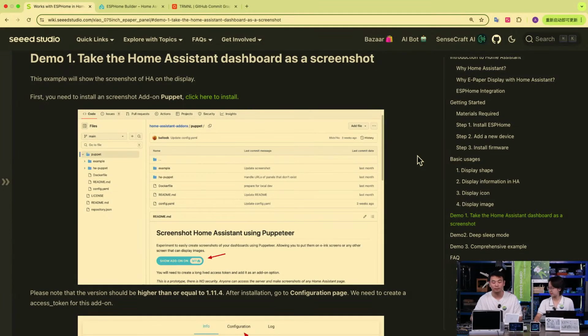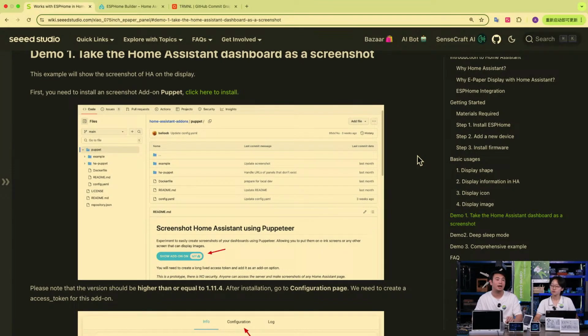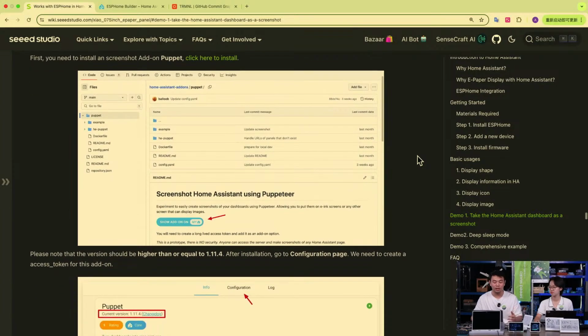What is Puppy? Puppy is a very useful add-on that helps you take a glimpse of Home Assistant, and it was written by Carlos, who is the founder of Navapasas. It's very easy to use and very helpful. And after that, you need to